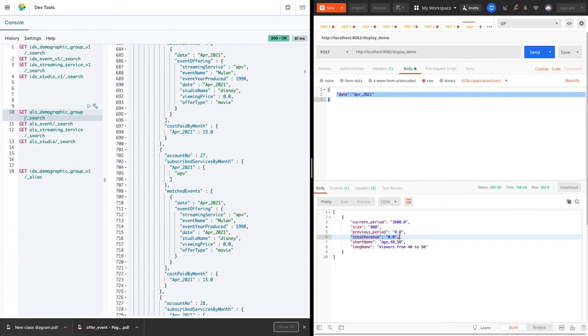The total revenue is yet 0 because, as per the assignment says, now I'll change the month from April to May, and we will see the current period will become the past period. And yep, the current period is 0. The previous period is 3,600. Now, as I mentioned before,